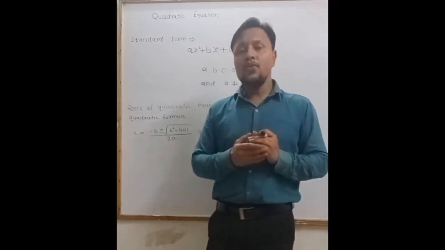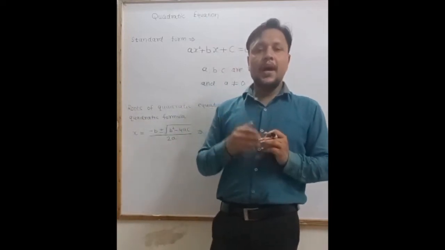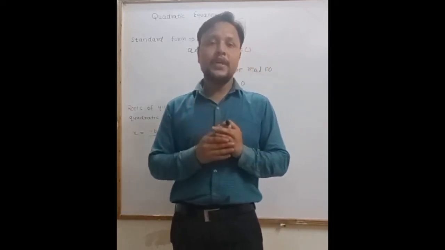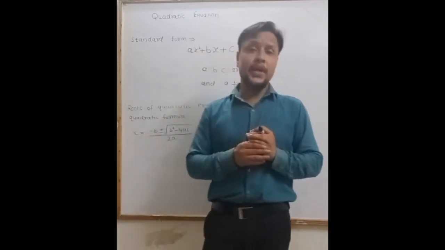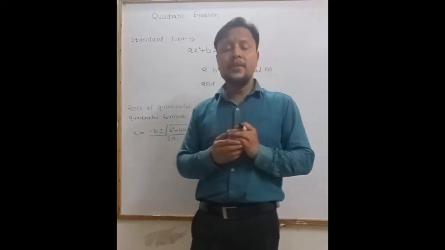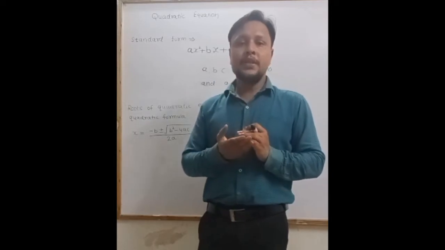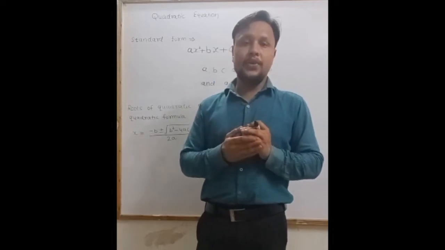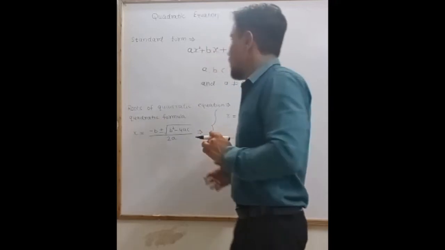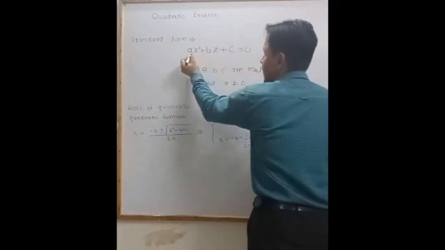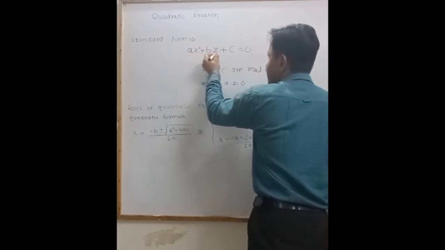First of all, what is a quadratic equation? An equation in which the greatest exponent of the variable is 2 is called a quadratic equation. In simple words, we can say where the highest power or degree of the variable is 2, that's called a quadratic equation. Clear? Now here is the standard form of the quadratic equation, that is ax square plus bx plus